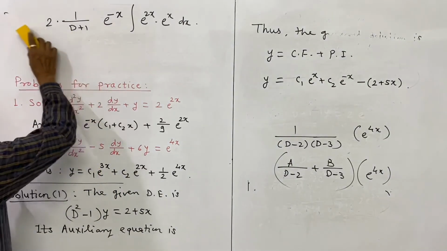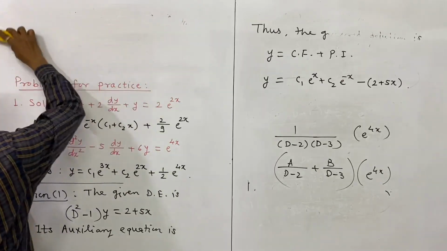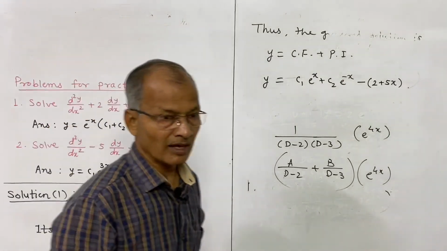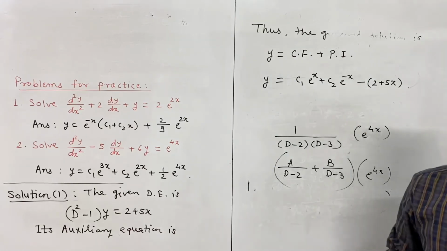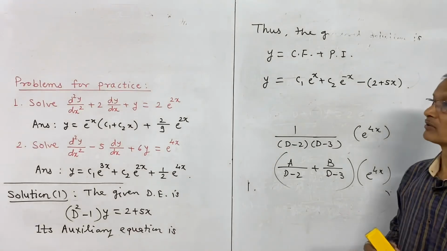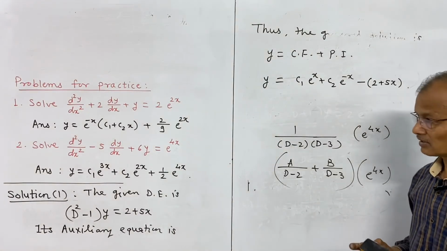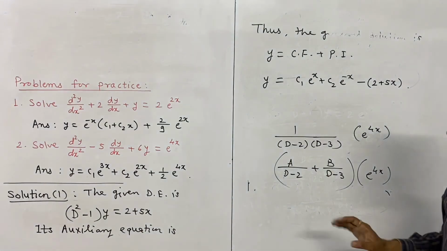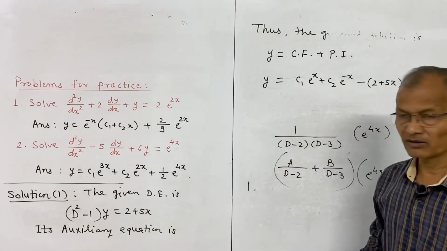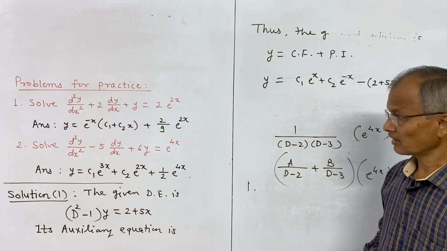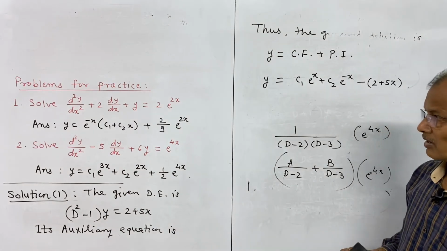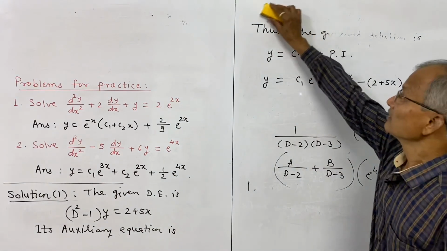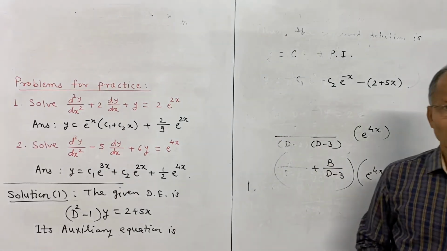So these are the problems depending on finding PI using the general formula. But there are short methods also to find the particular integral, which are easier than this method, but this is the basic and general formula that we must know, and therefore we have solved these problems on it. So the remaining part we will continue in our next lecture.